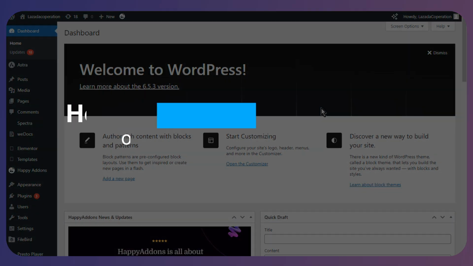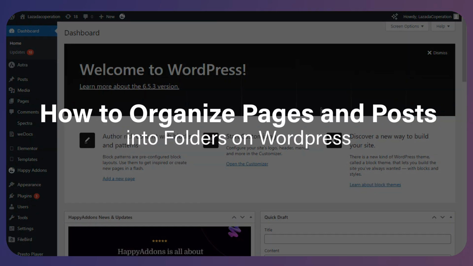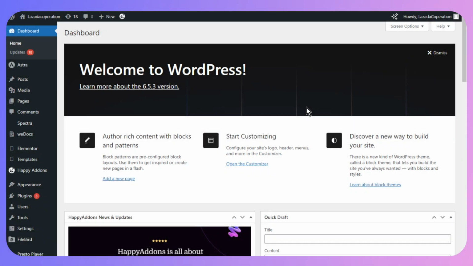In this video, I will guide you how you can organize pages and posts in folders in your WordPress. Organizing your files and managing all the media files is a very crucial step in order to run a smooth website. So first of all, we need to head over to the plugin section and click on add new